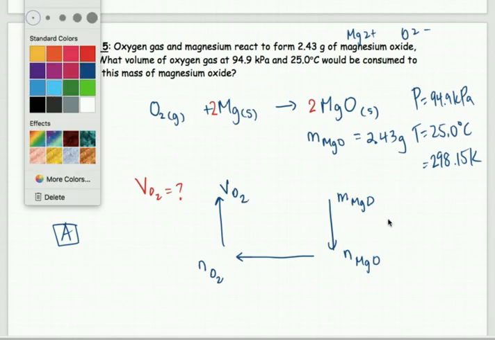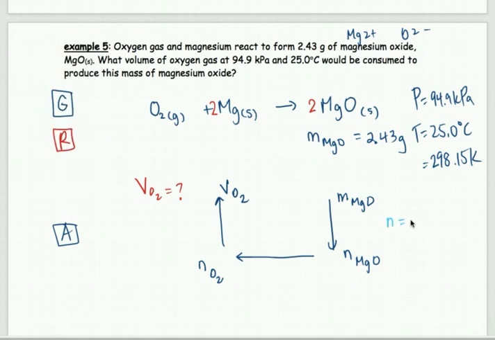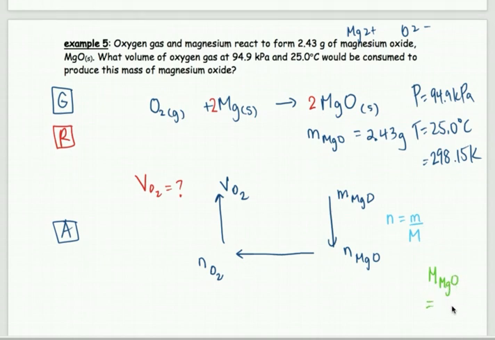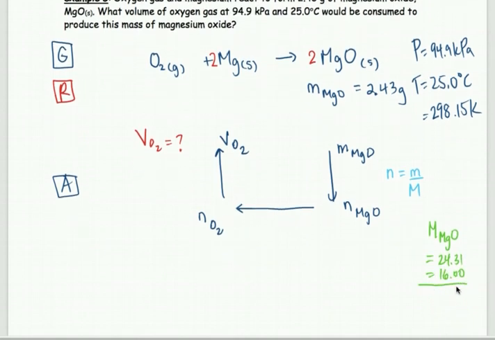To go from mass to moles, to mass to amount island, you need to use molar mass. Okay, so that means we will need the molar mass of magnesium oxide. So we'll just find that right now. So again, 24.31 and 16 altogether. So that's from magnesium, that's from oxygen. And we'll end up with 40.31 grams per mole. Okay, so then from there,